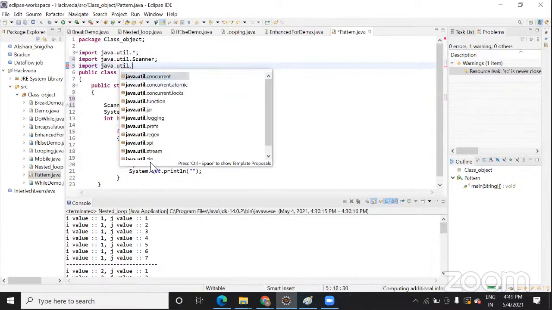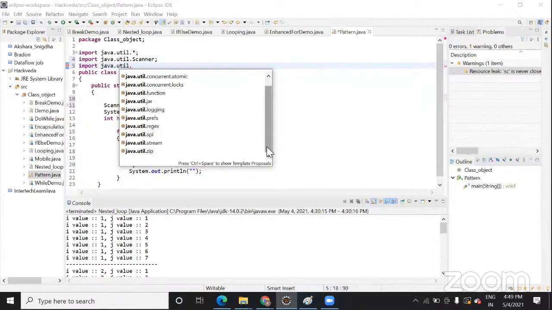Can we import from other files also, like the EnterTech Learn Java project? You can import any class from there also, or only predefined classes? We also make some programs, so we can import from that class also. Yes, like if you have that EnterTech Learn Java here, you can import any class from that also.